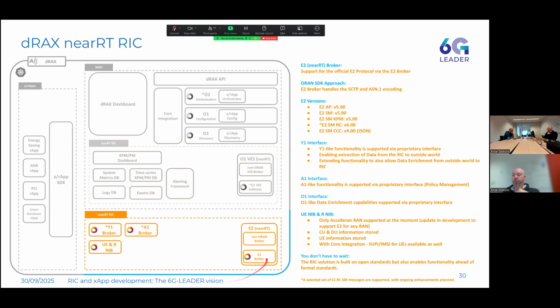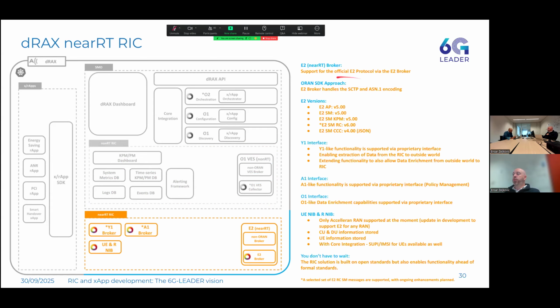Now, the near real-time RIC, I guess here the gemstone, of course, of this part is our E2 broker, as we call it. This is the component that officially talks this E2 interface or E2 protocol to the RAN components. E2 is the interface or protocol that Open RAN has defined of collecting near real-time data from the RAN, but also the opposite direction, so the southbound direction. So it also enables direct dynamic control of the RAN from the RIC or from the xApps, right?